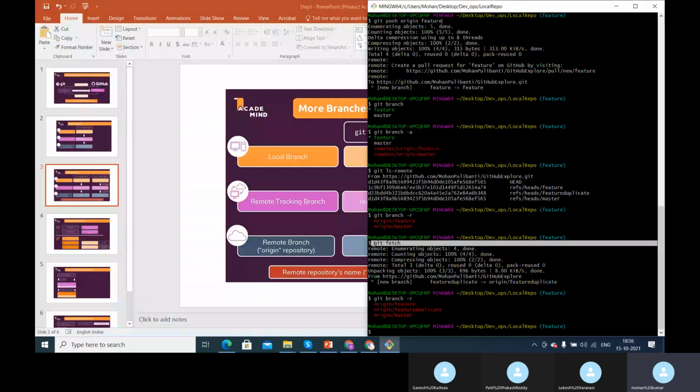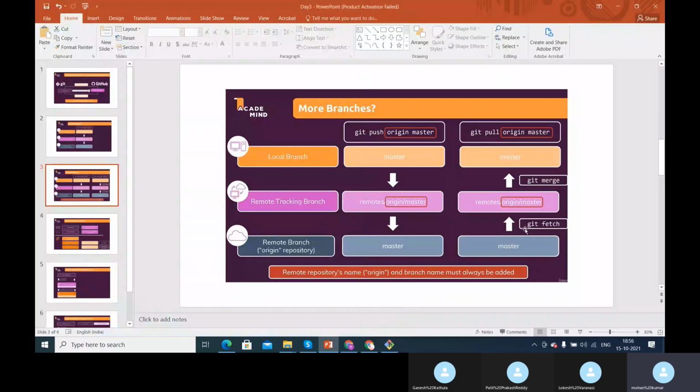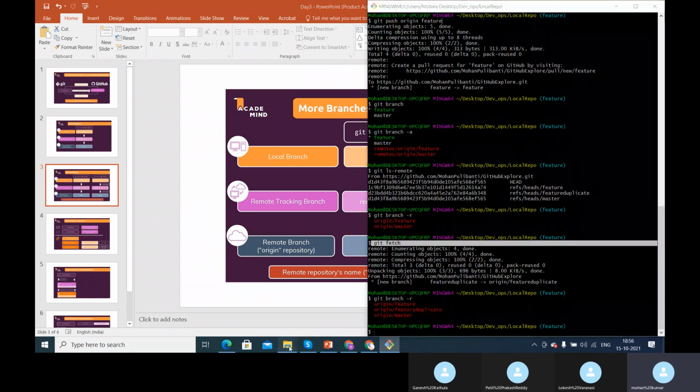Once you execute a command called git fetch, it basically gets the data from this remote repository onto the remote tracking repository, right? So that's the reason. By default, git will create a new remote tracking repository, and it will place all the code onto this repository. Okay, but if you go to the UI,